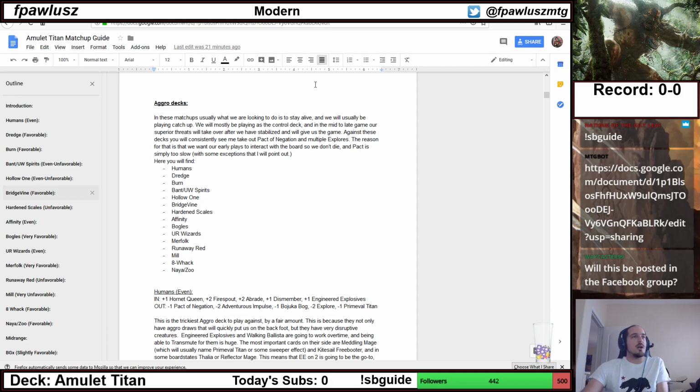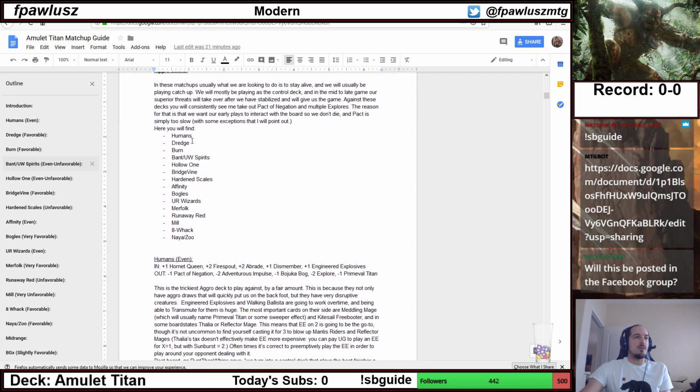I try to make sure that all the matchups that you're looking for are easy to find. I split them between aggro decks, midrange decks, control decks, and combo decks. Okay, so those are the four ways of classifying these decks. We have a brief explanation of how the matchups usually work, and then we have specific matchups one by one. So these are the decks that I decided to put on this